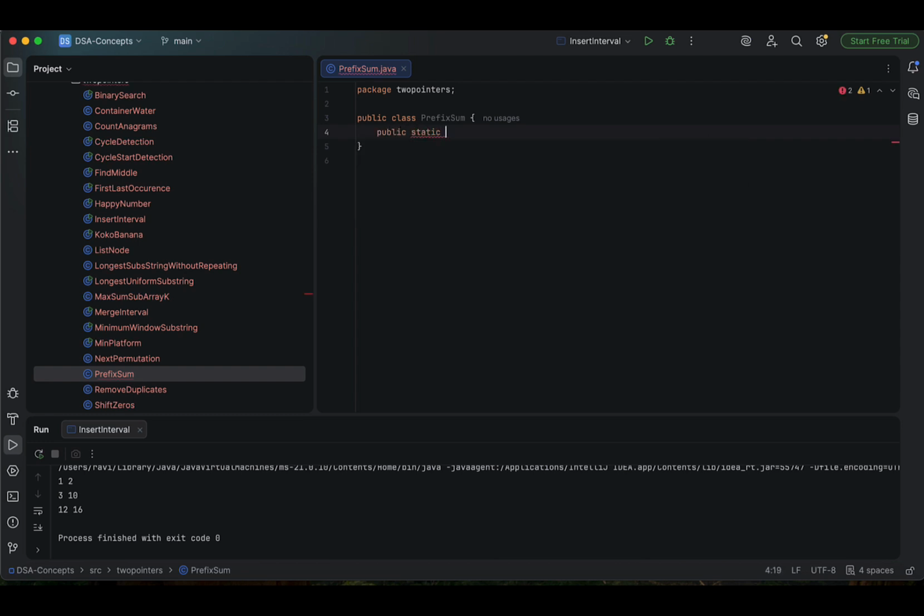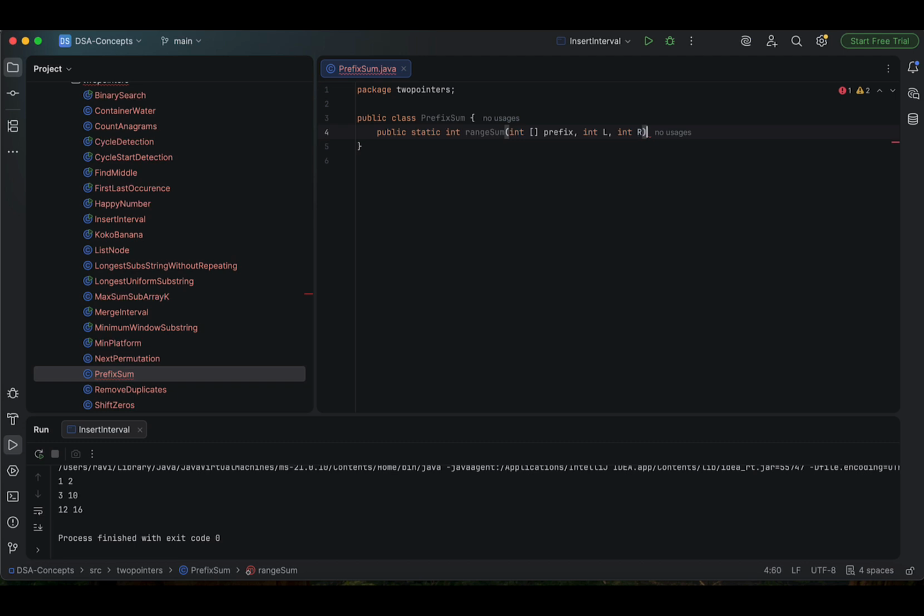Public static is going to return the sum, so it will be an integer, and I'm going to call it range sum. Range sum is going to take as input the prefix array. And since it's a range query, I need start and end, so it's left and right,